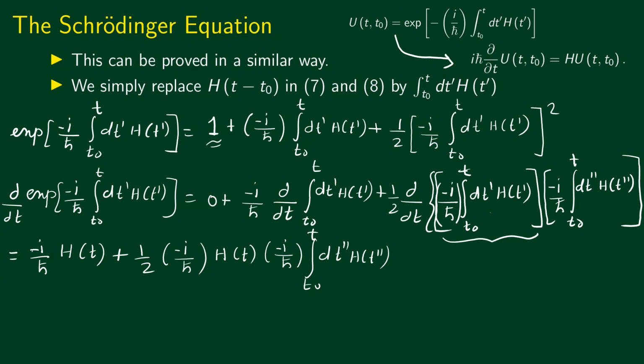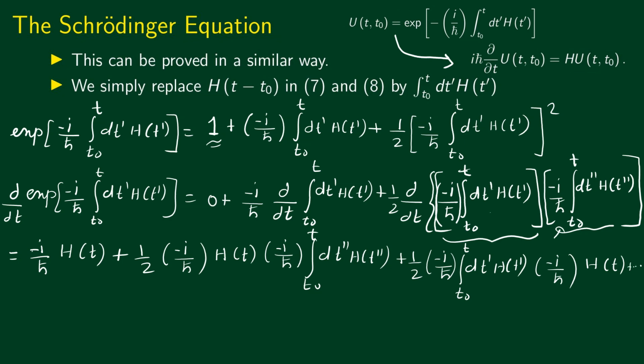Now there's also one more term. Let's write it as 1 by 2. The first term, minus i by h bar integral t0 to t dt prime h of t prime, multiplied by the derivative of the second term. So that would be minus i by h bar. What's the derivative of this thing? Again, we use the fundamental theorem of calculus, and you get h of t. Plus etc. So we can write this as minus i by h bar h of t